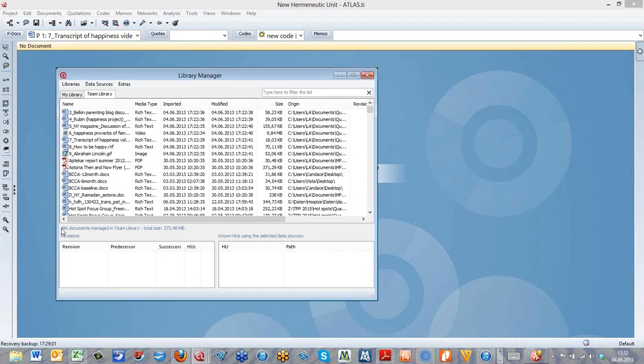Yeah, so here I see also the number of documents, almost 500 documents and 273 megabytes in this library. So you can look up documents. You can also actually clean out documents by validating your library. If